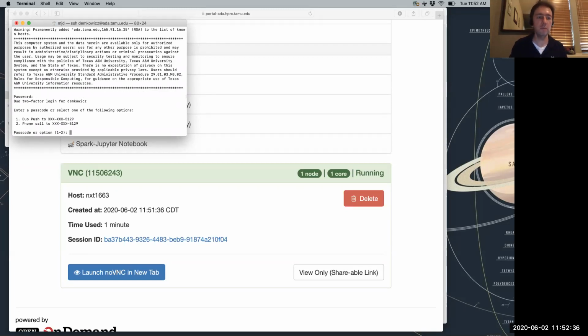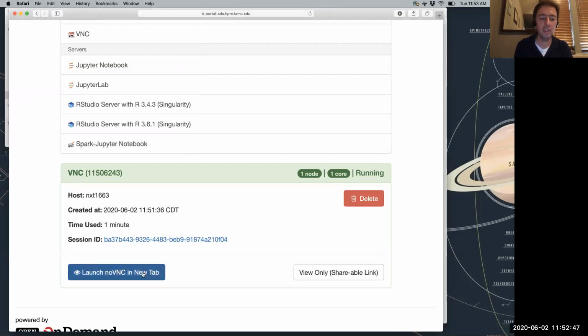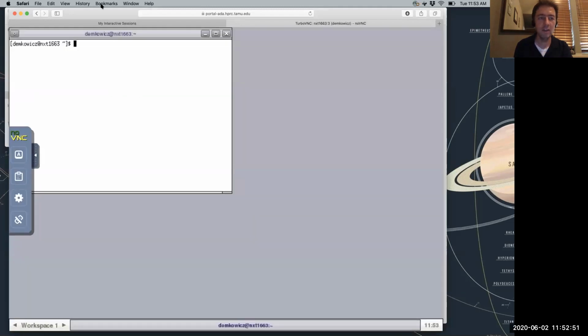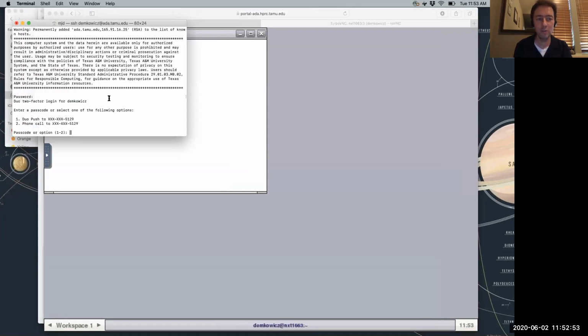And now I have to do Duo. Okay, never mind. I'm not going to do this. I didn't even bring my phone here with me. So anyway, you do your Duo push and then you log in. So basically, this whole thing that you see here, on this virtual screen, you can just have it directly on your computer screen. I think that for day-to-day work, doing it directly on your computer screen is much easier.